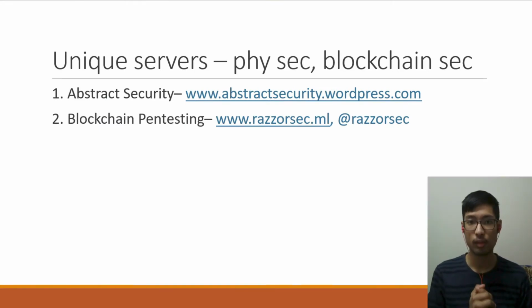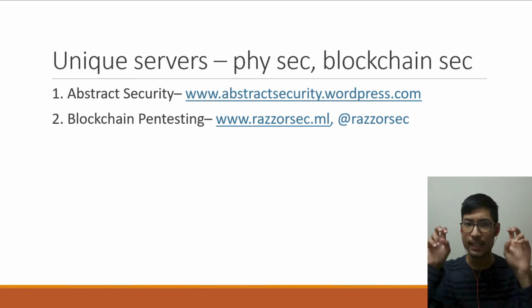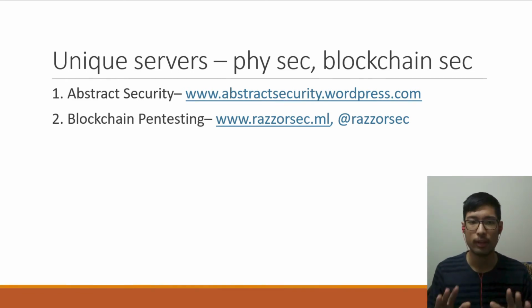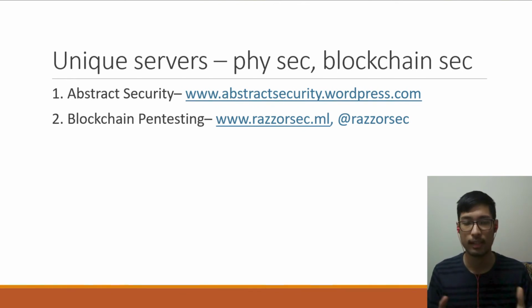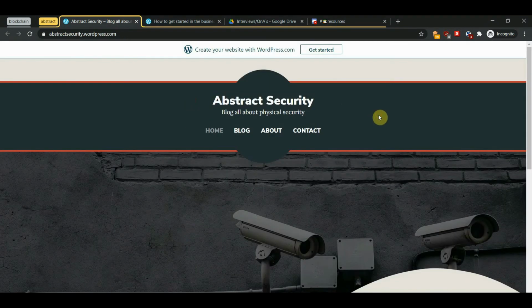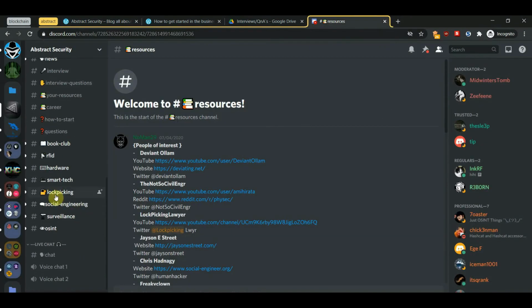Now we have servers which are pretty unique, and by unique I mean that they focus on a field of security which is not that well known. For example, physical security or blockchain security. So the first server we have is Abstract Security Server, which deals with the physical security side, which includes lockpicking,